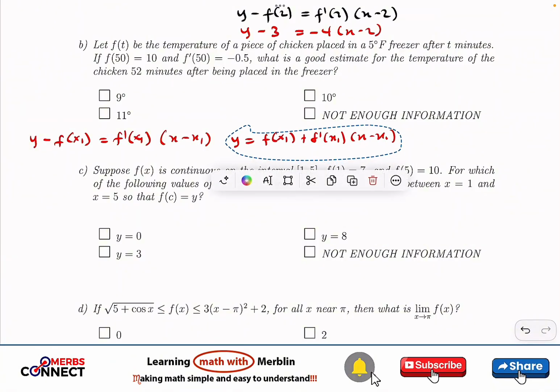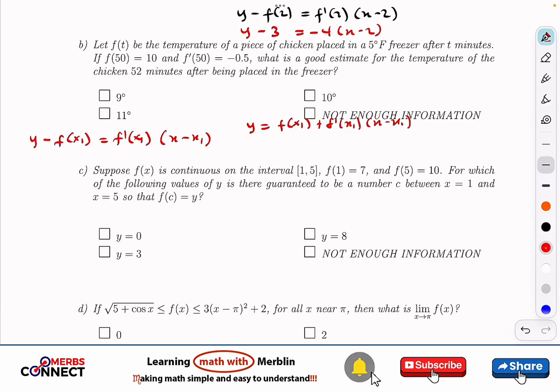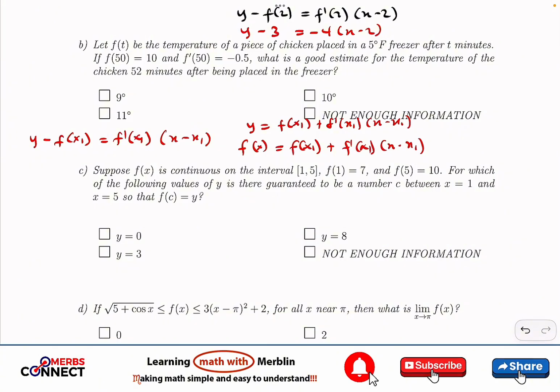So let's see how we can write this one. This one can be written as f of x, which is equal to f of x1 plus f prime of x1 times x minus x1. Now we can see that we want to find the approximation at 52. So our x is 52. So it means that we are going to have f of 52,